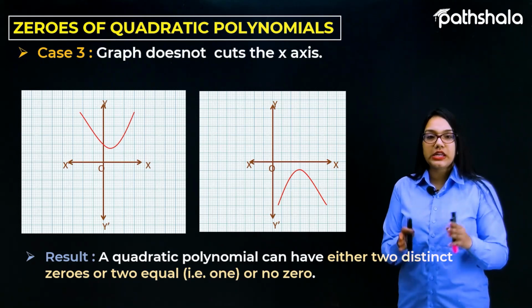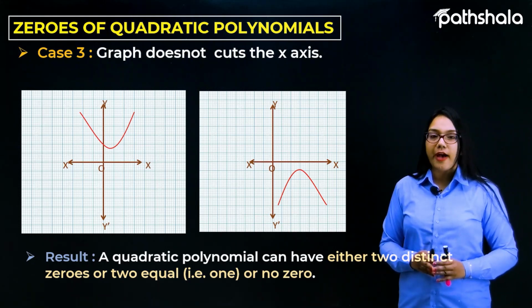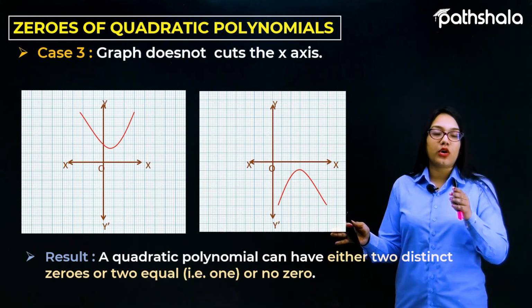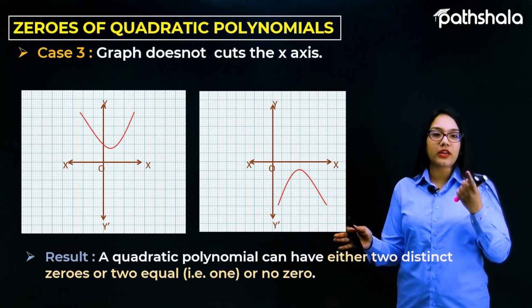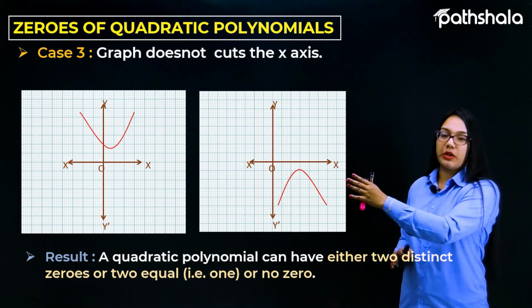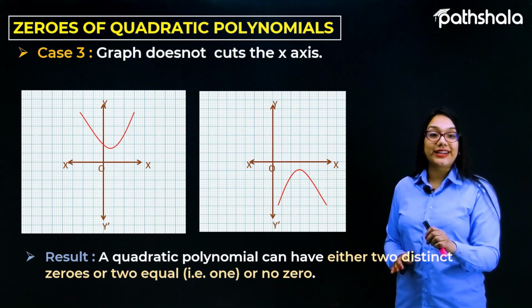So from these three cases, we can conclude that a quadratic polynomial can have either two distinct zeros, or one zero, or we can say two zeros but both of them equal to each other, or we can say that there are no zeros. We can see from this particular graph that there are no zeros because the graph is not intersecting the x-axis